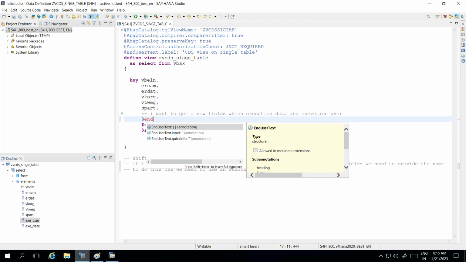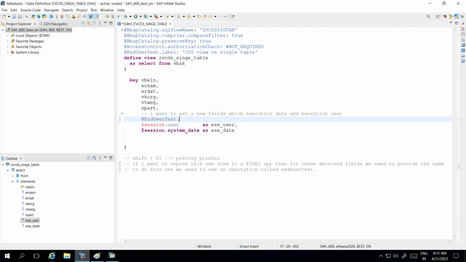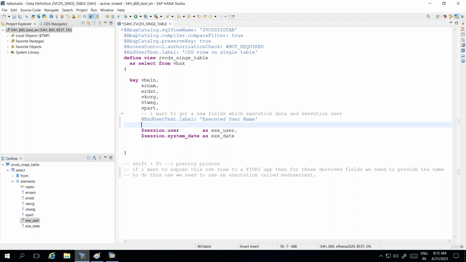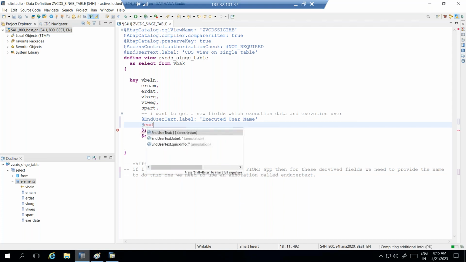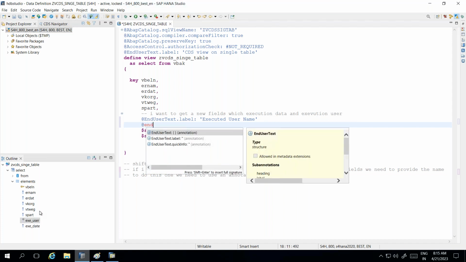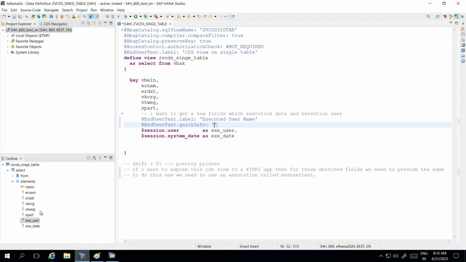I will be saying EndUserText.label. What is my label? Executed user name. Next, I want to show quick info, like how if I place my cursor, see here at the bottom it is showing an info. What is the purpose of that? That one also I need to provide. That all depends upon you whether you want to provide it or not. So now for quick info, I'll say